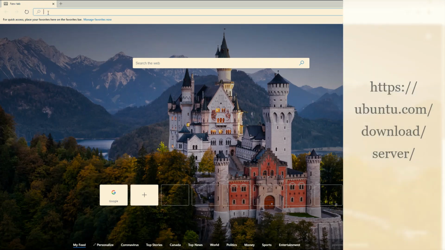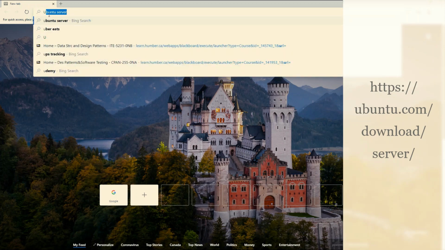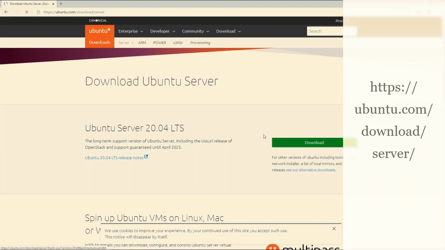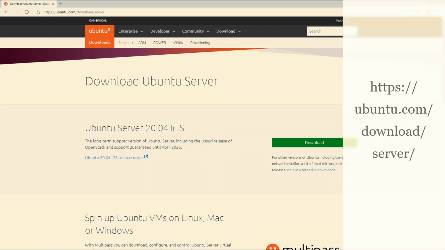Next, we will download Ubuntu server ISO image. So to do that, let's go to ubuntu.com, download server. So go ahead and click on the link, and then it should show you a download option for the Ubuntu server. Okay, so we are installing 20.04 LTS for long-term support. Click download,